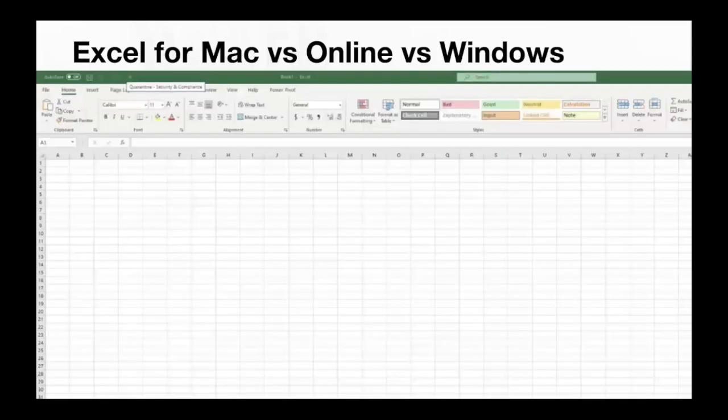Actually, one small thing that I should mention, that I am using Excel on a Mac, but there's very little difference between what's going on a Mac and what's going on Windows. So if you're watching this demonstration and you're going to practice later, this is a screenshot of what it looks like on Windows.